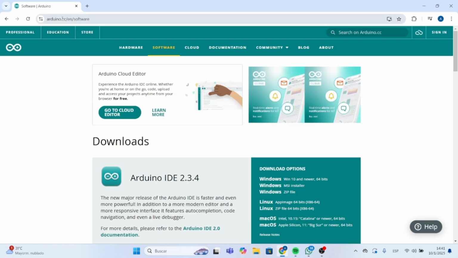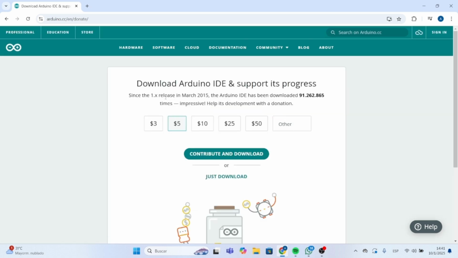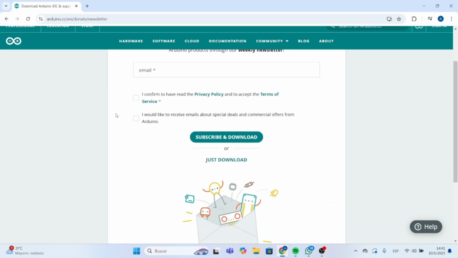And in the software tab, we see the name of the program, Arduino IDE, along with the version. And we have several download options for different operating systems. In my case, it would be Windows 10, so we click to download. In the following section, we will click on only download. In the upcoming window, we will also proceed to download,